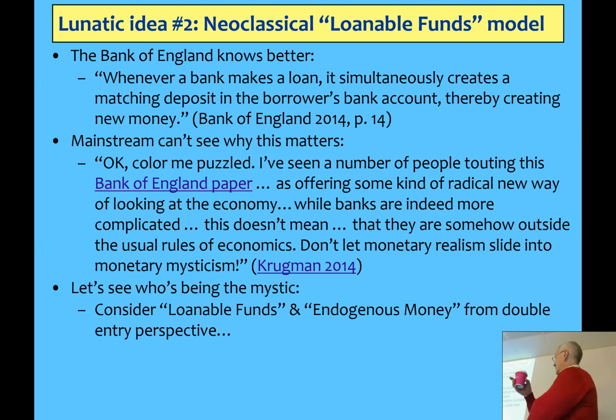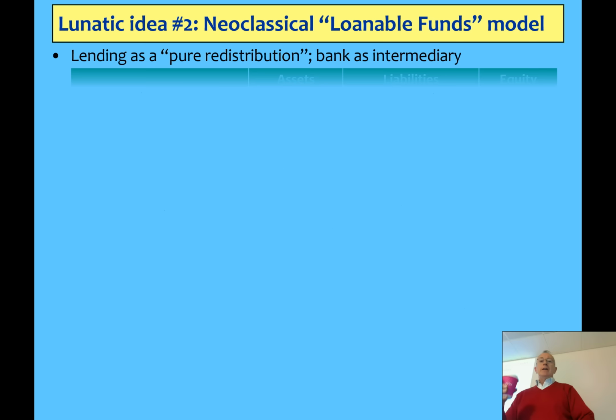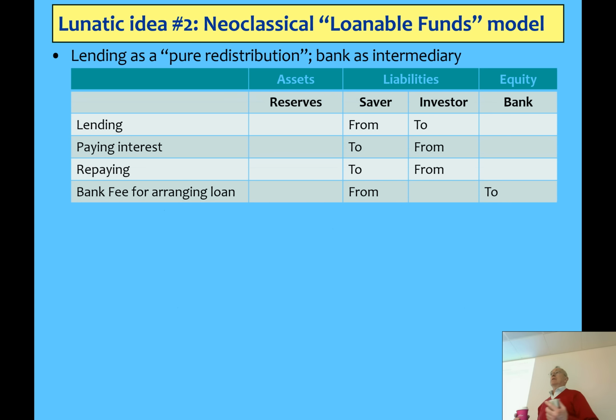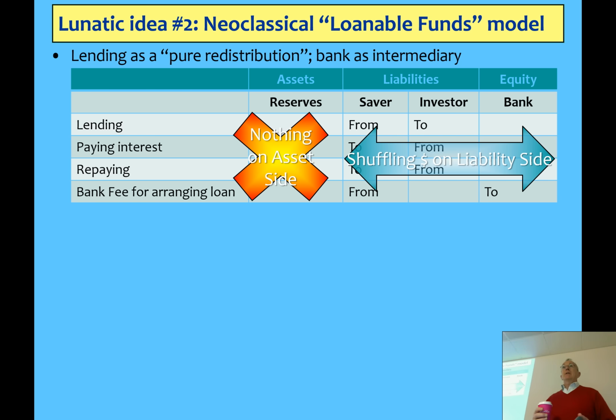about this model. But let's take a look at the whole thing from the point of view of double entry bookkeeping, which is why I've got Minsky loaded there. Now, if you see lending as a pure distribution, then you're looking at it from the point of view of assets and liabilities and equity, and if we're taking the accounting view, what's actually going on? Well, if you have a lending from one non-bank to another non-bank, and there's a transfer from the saver's account to the investor's account. I'm using rather less pejorative words now, saver and investor rather than patient and impatient. Then there's a paying of interest back, and then there's a repayment. All you're doing is you're shuffling entries on the liability side of the bank sheet, and there's nothing happening on the asset side.